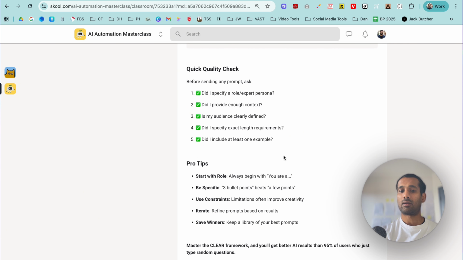Pro tips: start with a role, always begin with you are a... Be specific as to the outputs that you want. Say 3 bullet points beats a few points, and you can say bullet points, paragraphs, number of words. Be specific basically. Use constraints. Limitations often improve creativity, so you can give it guidelines of what it is that you are actually looking for. Iterate, because you want to refine these prompts over time, and sometimes you will see that some